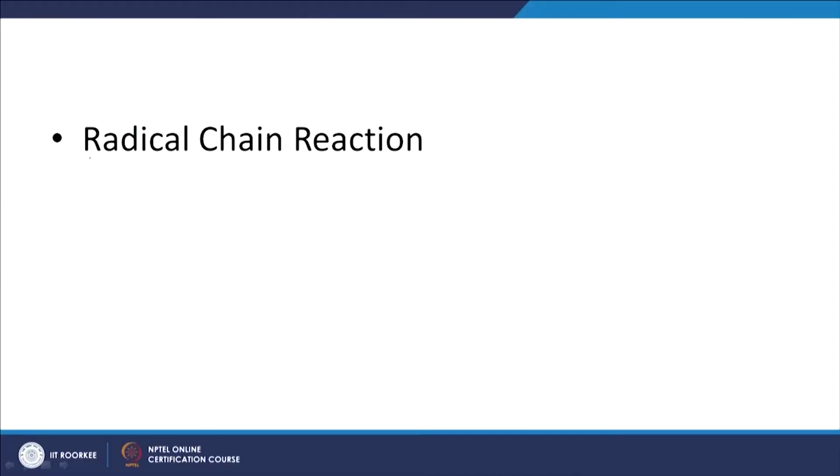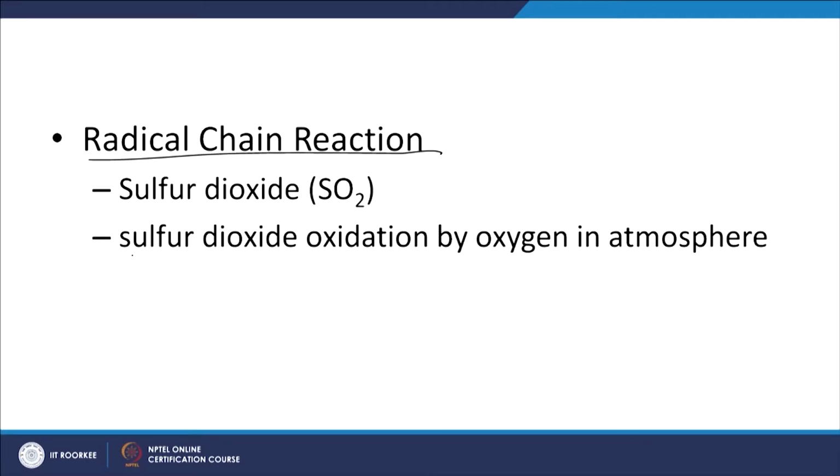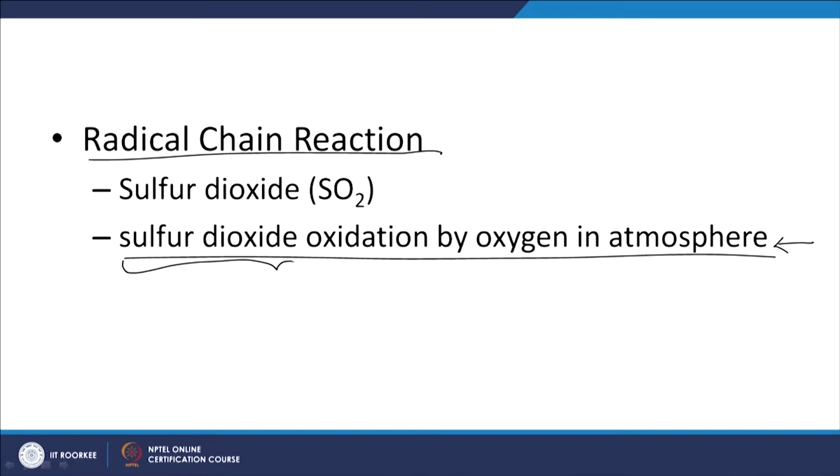Here it is dependent upon a radical chain reaction, right. Whenever you have radicals, you are going to have chain reactions, forming multiple or further radicals that can lead to other relevant reactions. So here we are talking about sulfur dioxide oxidation by oxygen in the atmosphere, which is what people look at with respect to the decrease in sulfur dioxide concentration in the atmosphere. But this is the simplistic explanation. Let us look at what actually happens when people refer to sulfur dioxide oxidation by oxygen.